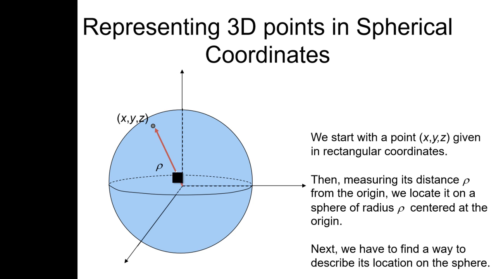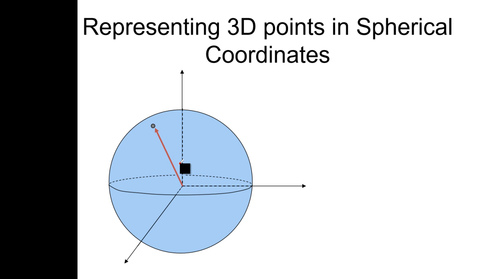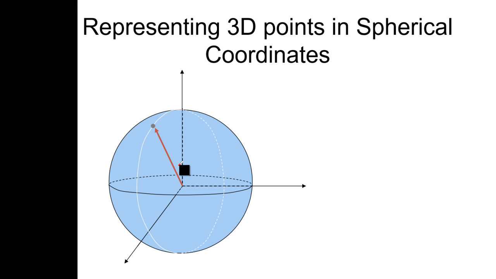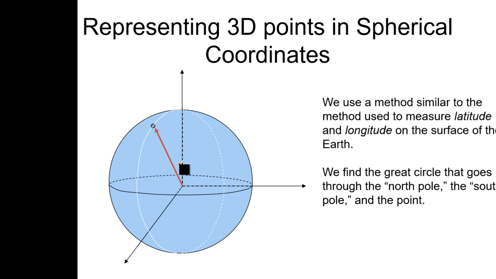Now, how will you find the location on the sphere? First of all, you should know the orientation of that point. So latitude and longitude are the two values used to specify a point on the earth. The same method is used here. We use the latitude and longitude concept to specify a particular point in the spherical polar system. So you see here, one circle is there, and this circle goes through the North Pole and South Pole.